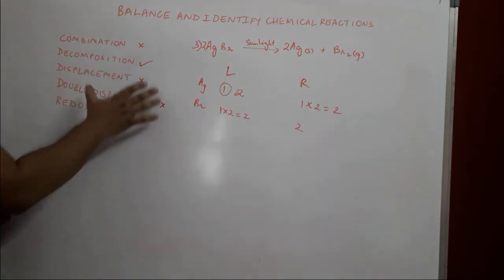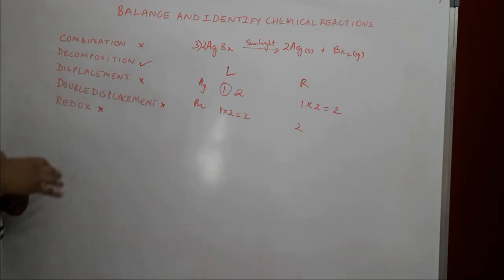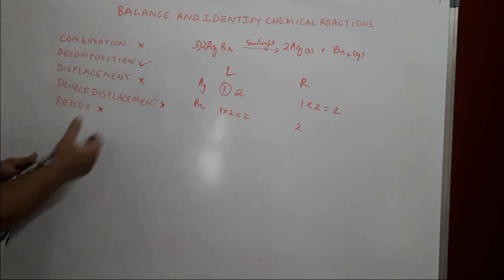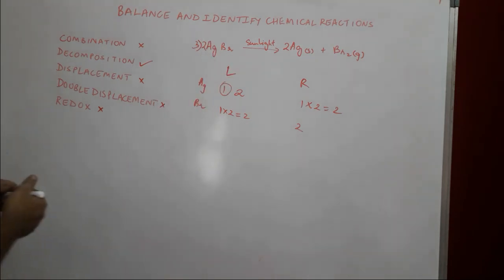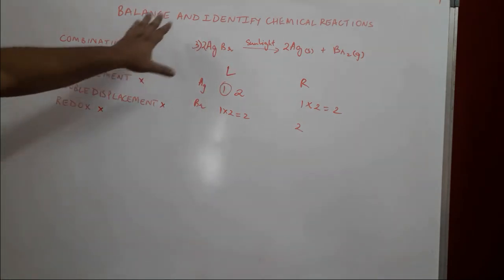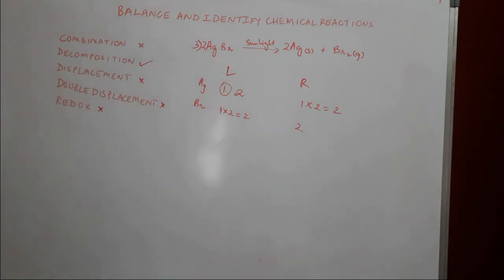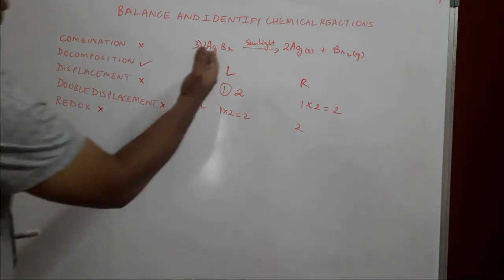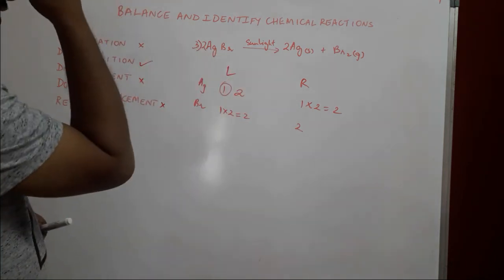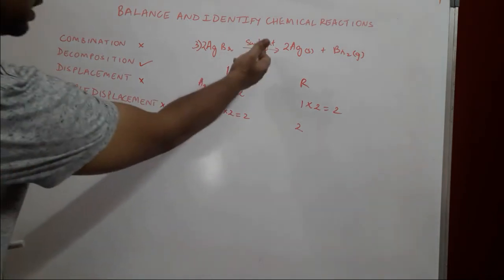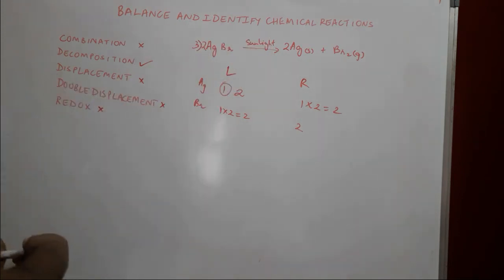Okay, so no need to go through this, but if you just want to be extra sure whether what you have identified is correct or not, you can go through the same list. So this is a type of decomposition reaction, and this type of reaction is very important because it is used in black and white photography. Remember, this can come in the exam, the importance of the use of this type of chemical reaction. It is used in black and white photography, and it takes place when silver bromide is exposed to sunlight.